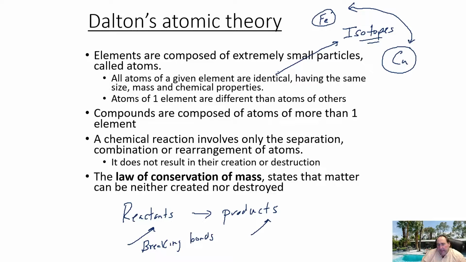And on this side, we're going to be making bonds. And really, when you break and make bonds, it really all has to do with electrons. It may not make sense at this moment, but maybe a few slides down the road it will make a little bit more sense. That's a really important distinction in a chemical reaction: it's really just electrons being involved. And that's really why we have the conservation of our elements.